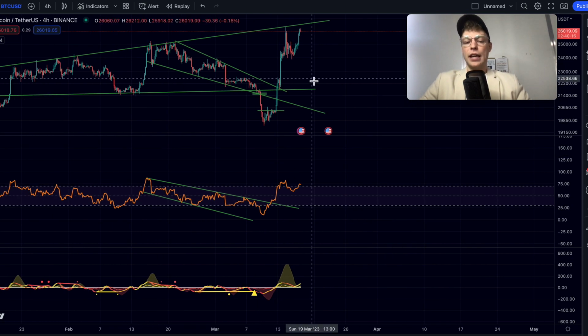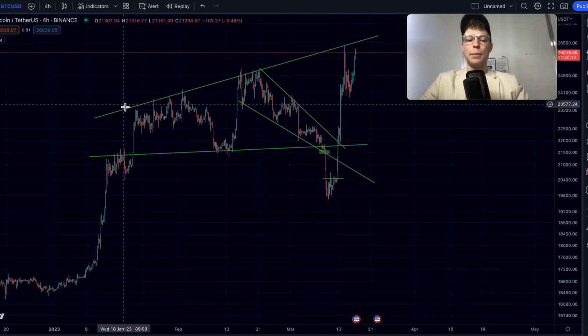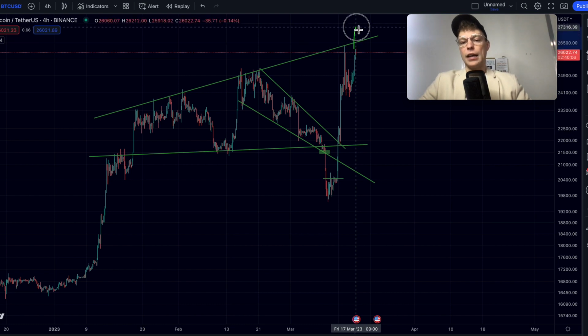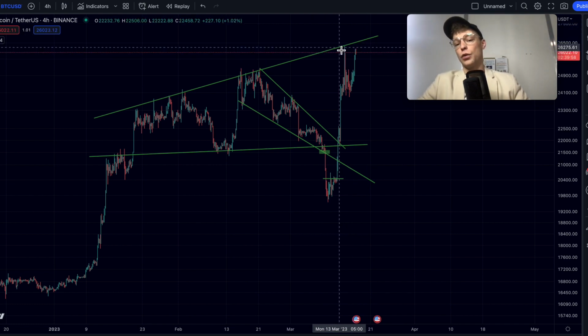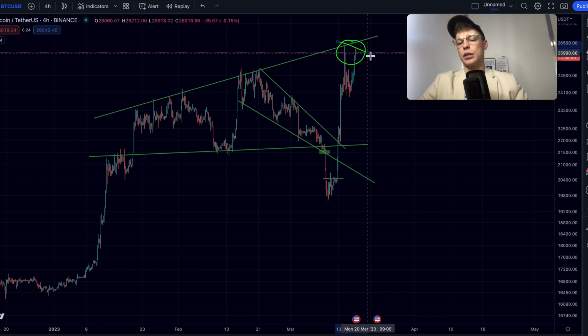I would say a real bullish event would be if we can really break above this rising resistance right here. If we can break above that and hold that level as support, that is roughly 26,700, because then we also left this channel, because right on the 4-hour time frame we actually just come into resistance with a potential bearish